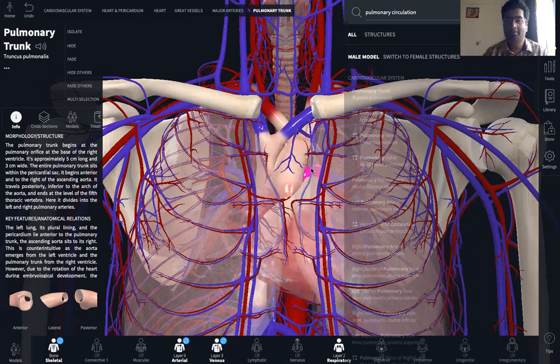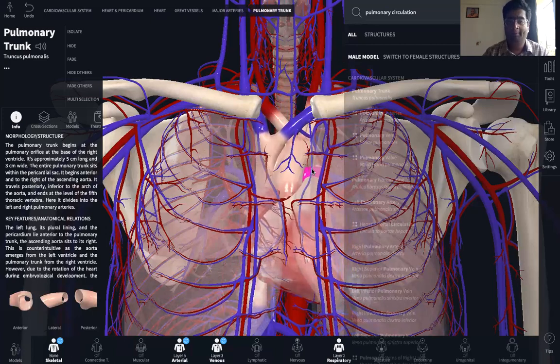The main components of the pulmonary circulation are the pulmonary arteries and the pulmonary veins. Normally, we have seen that an artery carries oxygenated blood from the heart to various parts of the body, while a vein drains all the deoxygenated blood from various parts of the body back towards the heart. All arteries carry blood away from the heart, and all veins will carry blood moving back towards the heart. But there are exceptions amongst arteries which do not carry oxygenated blood, and the chief exception is the